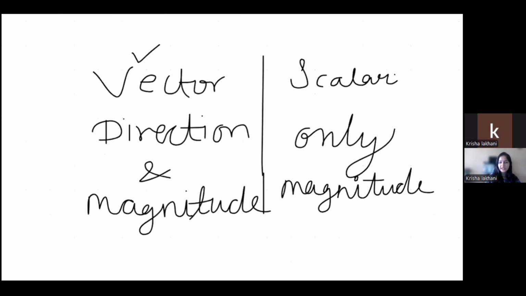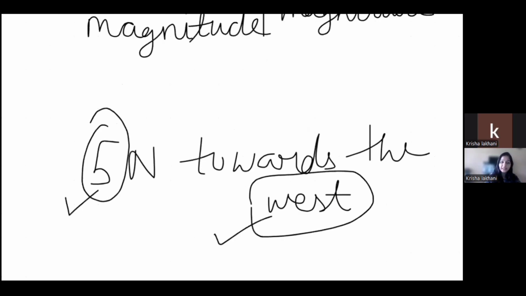डायरेक्शन तो समझ गए कैसा है, वेस्ट, नॉर्थ, साउथ, ईस्ट. But मैग्नीट्यूड मतलब क्या? The number, whatever the number is, 5, 10, 20, 1, 2, 3, 4, whatever the number is there, कोई भी नंबर दिया रहेगा. If it is 6 and there is something like this on it, मतलब ये एक मैग्नीट्यूड है.